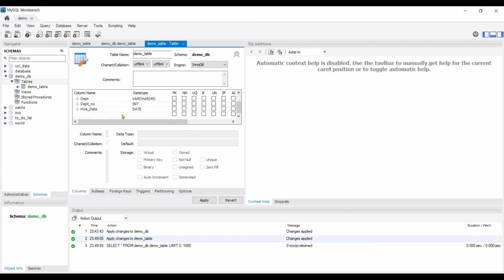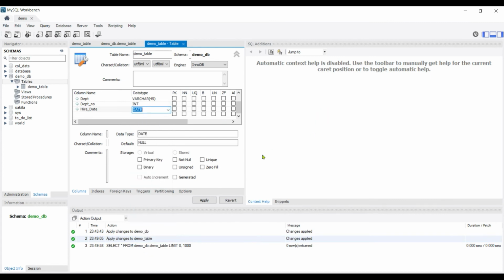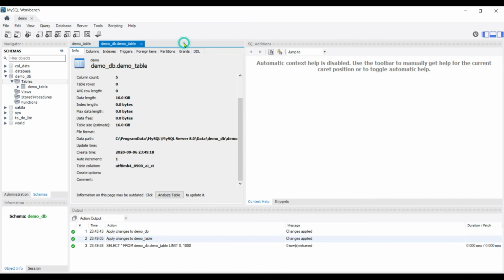Then let's see date. It doesn't give me much information on what format I need to give the date in. Let's see, okay, it doesn't. Let's just fill up the values, and if we have some error, we'll just see. So I guess you get the idea of how to navigate through this MySQL Workbench interface.